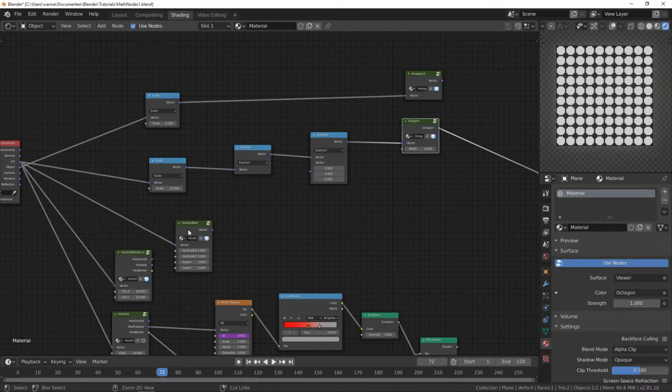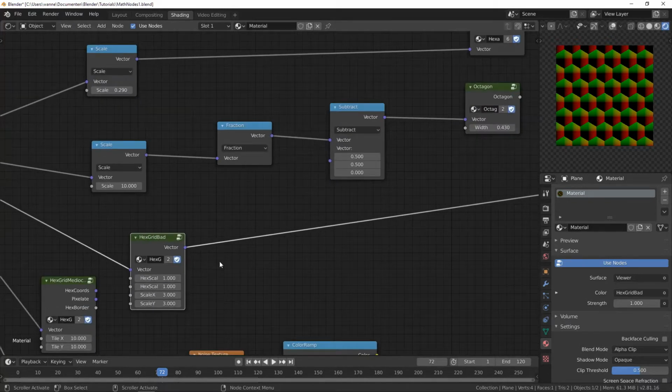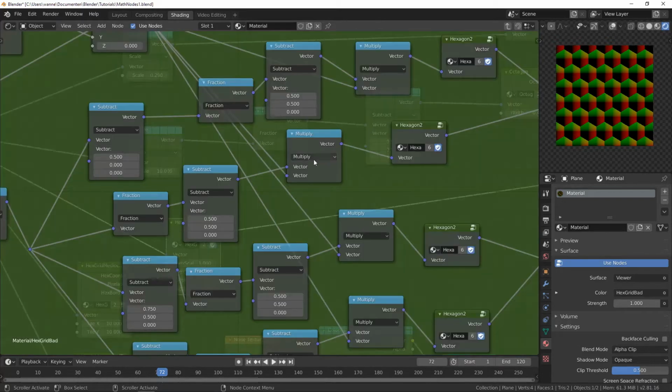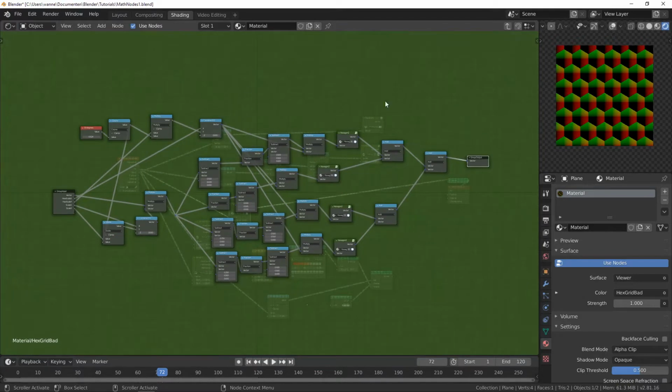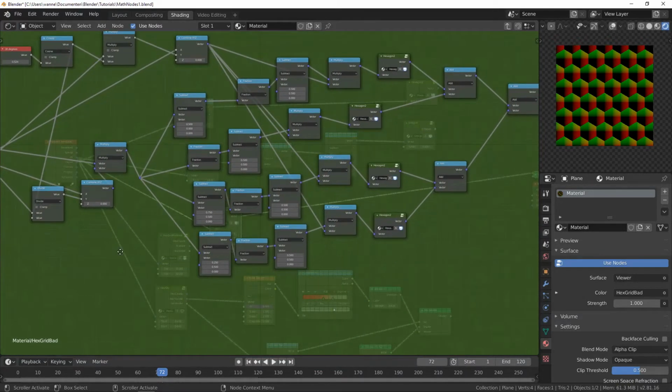So for the hexagon, we need to do something a little bit different. So one thing you can do, I've named this node hex grid bad because it's a bad idea and it's really complicated. This is what the node setup looks like. And what I did here was I made 4 copies. So I made one here and then another one here,